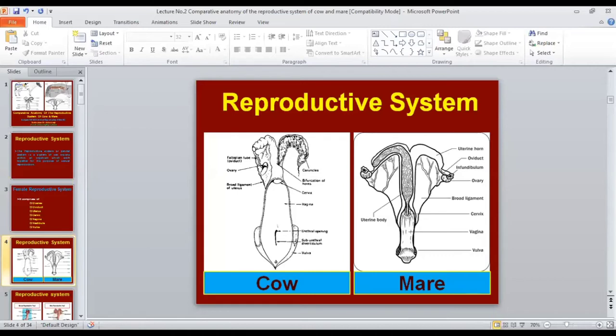Then you can see the crankles in the endometrium, within the lumen of the uterine horn of the cow, that are particular to the cow and absent in the mare. Then you can see the shape of the ovary in this schematic diagram for the mare, and the shape of the ovary in the cow. Then you can see the difference in the length of the vagina of the cow from the length of the vagina in the mare. And then you can see the difference in the size of the cervix of the mare from the size of the cervix of a cow. We will discuss in detail the different anatomical points of both animals in our coming slides.